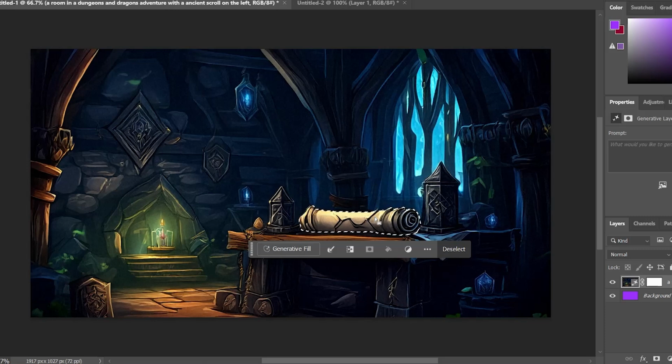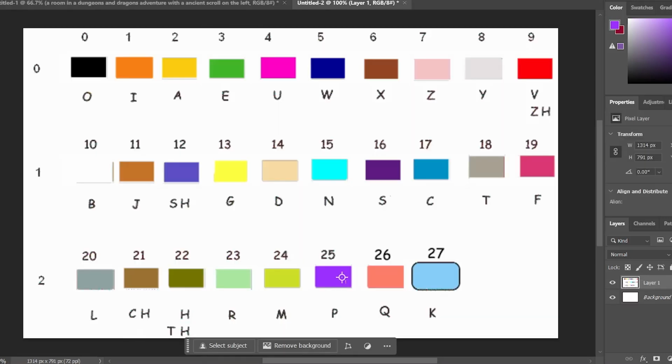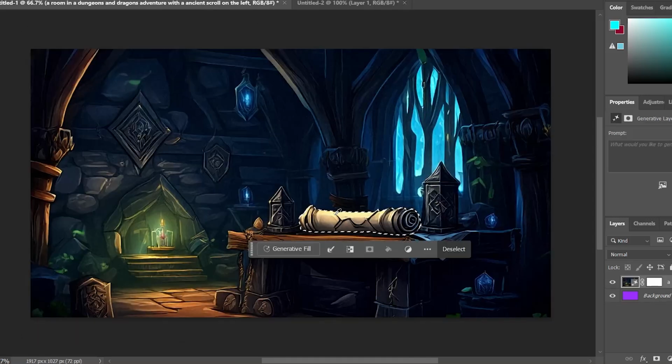And now I could use a color replace tool. Color replacement tool. Okay, and then back at my list of colors, let's use the color picker, which is the eyedropper tool. And let's choose a color, this light blue. And because this is selected, and as long as I'm using the color replacement tool, I could choose a brush size